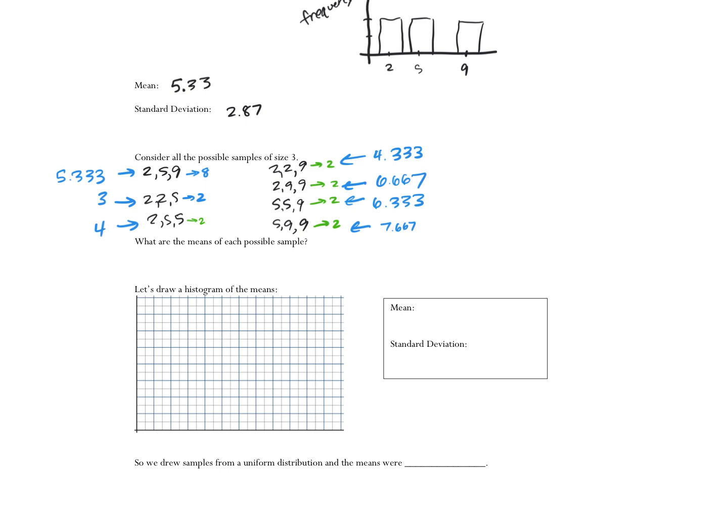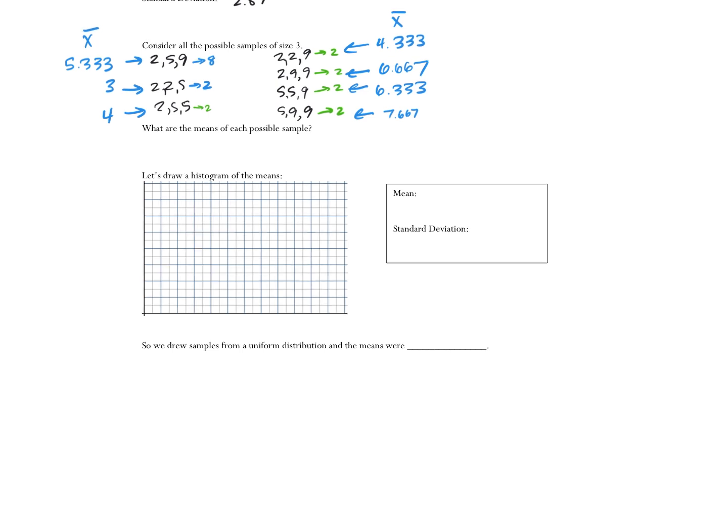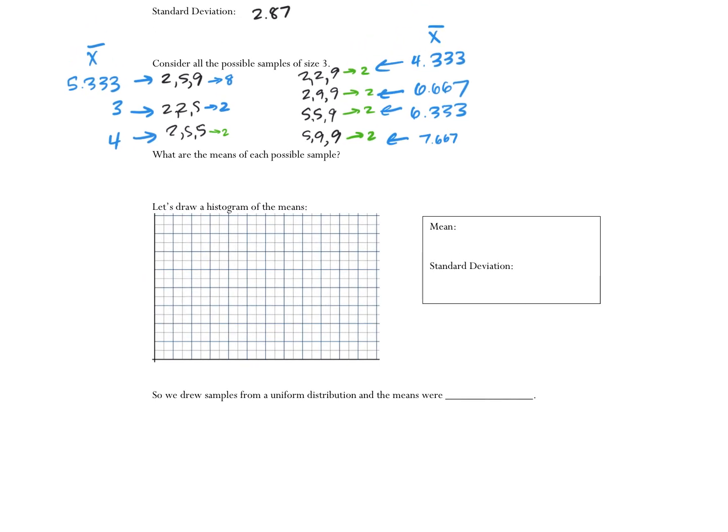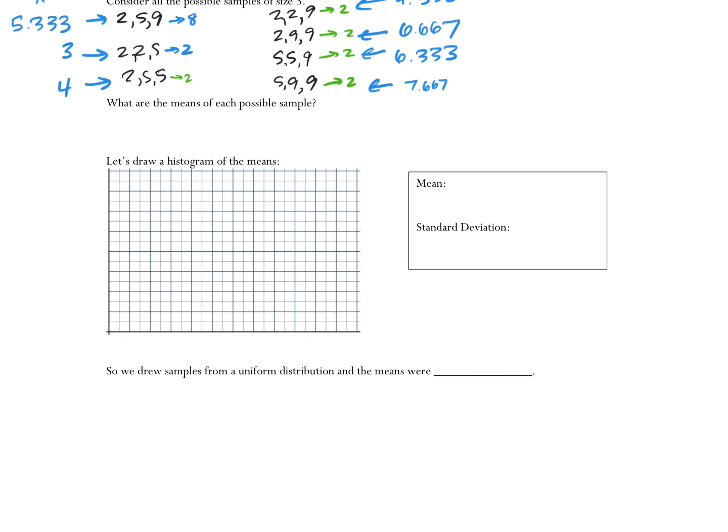All right, next. So each of these is the mean of a sample. Is everybody good? And we're gonna make a graph kind of like a histogram, but it's gonna look a little bit different. Okay. All right. So let's see. My smallest mean appears to be 3. My biggest one appears to be 7 and some change. So let's go ahead and make this 3. I'm being very intentional on how I'm spacing these, going every 3. Do you guys see how I'm going every 3?